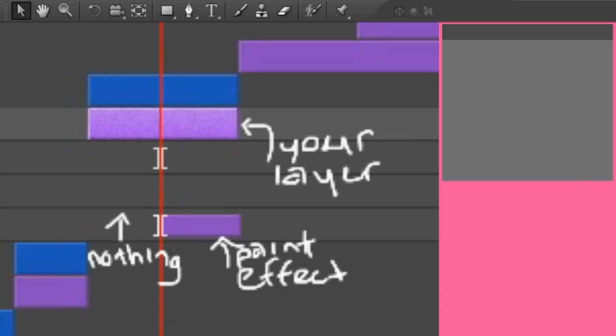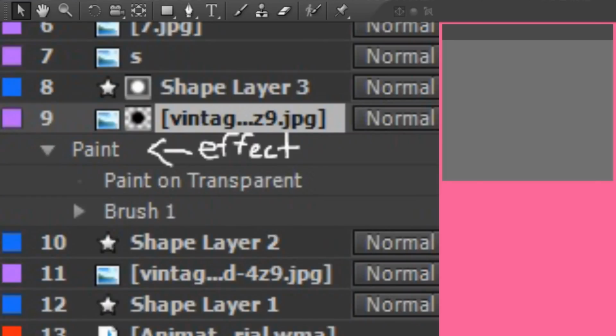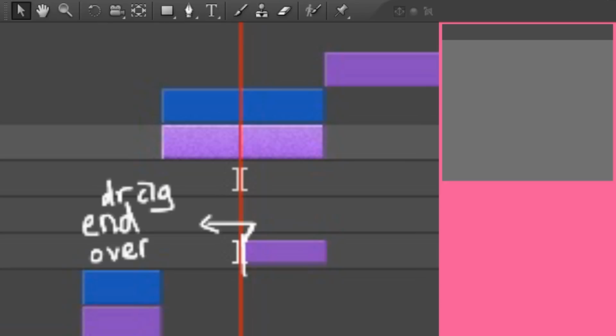So the first half would have no paint effect and the second half would have it. The way to fix it is you go to the layer that you painted on and press E, and that will pull up your effects options. Then you go to paint, scroll down, and extend the paint layer so that it's on the full thing.